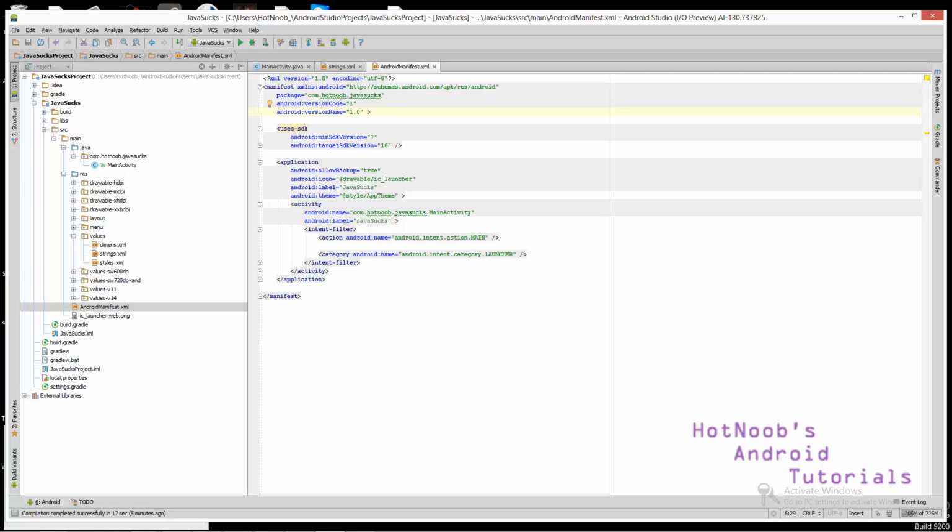0.0 is way too little if you do a lot of development. So whenever you do an update, I guess you add into 3 or 4. I have no idea because I haven't gone that far yet. And so here is your drawable. Remember that word? There's the folder there. This is in the XML.